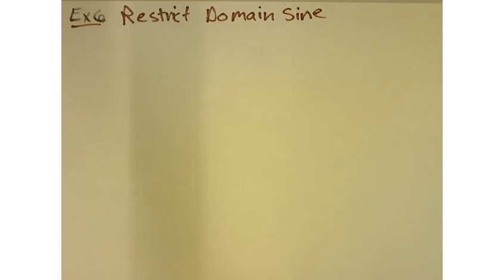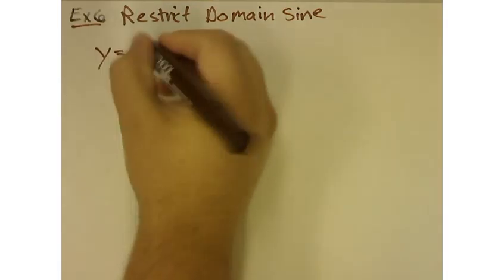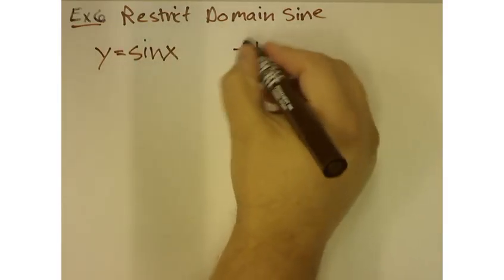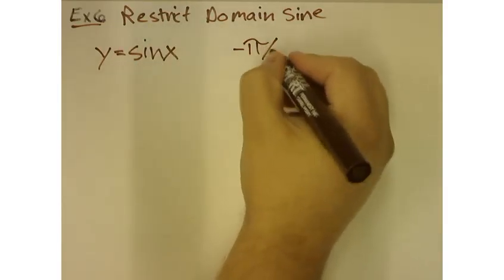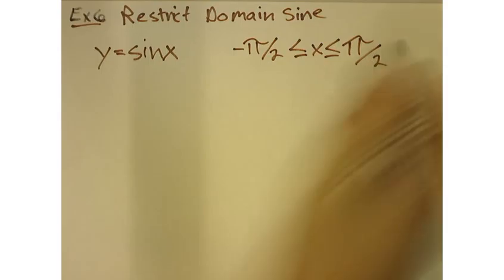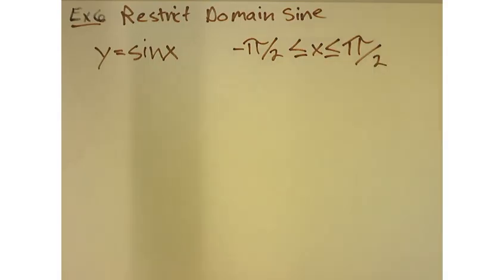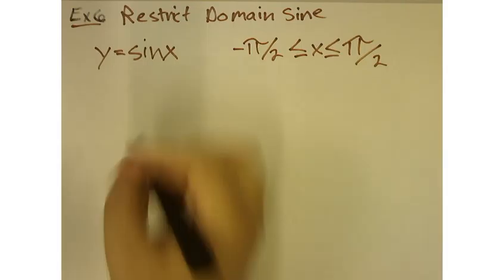So we need to graph the function y equals sine of x, and we're going to let our domain be trapped between negative pi over 2 and pi over 2. The reason that we're doing this is we're going to start to look at the inverse functions of the trig functions. And so, as you may recall, if I have an xy plane,